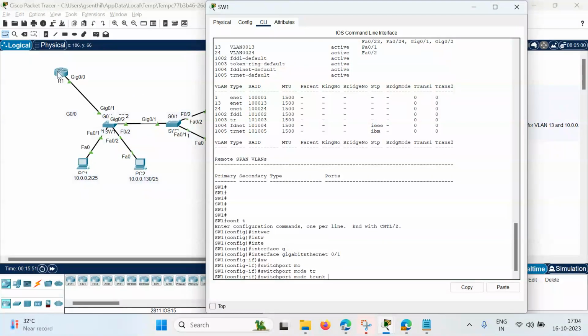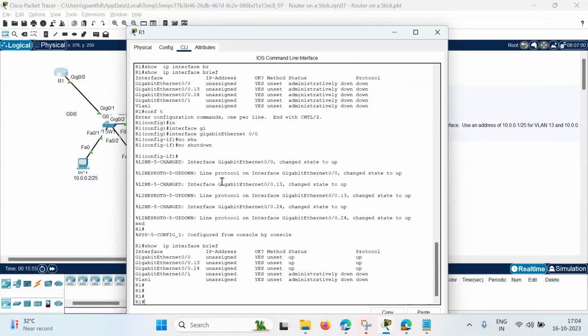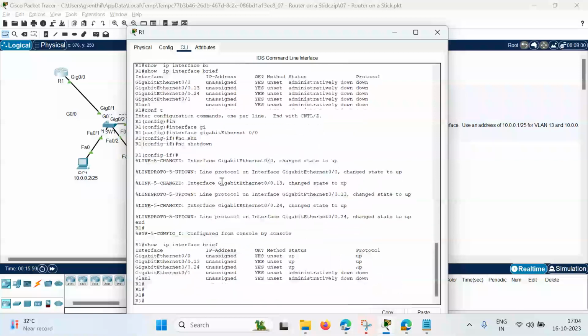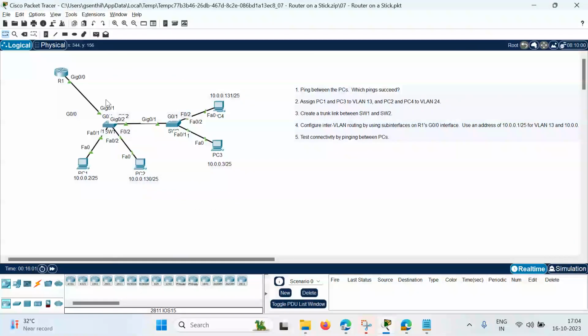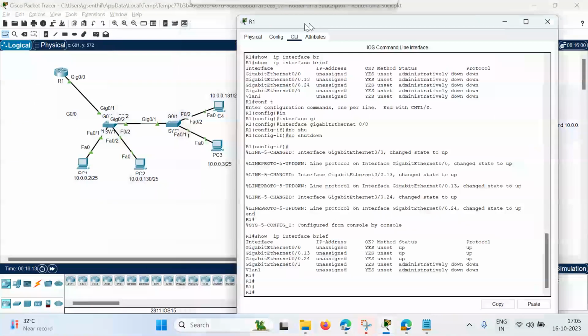Why? Because we are enabling it here as a sub interface. So now I am going to